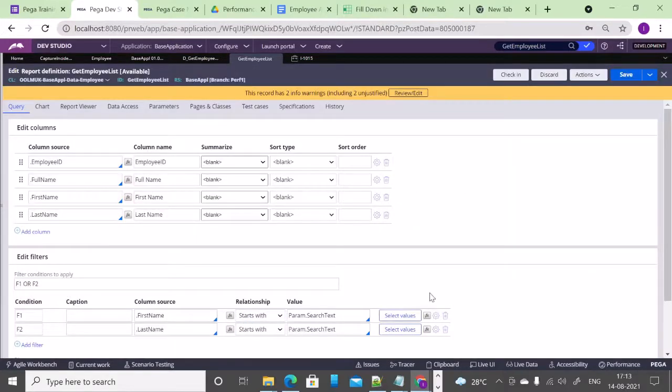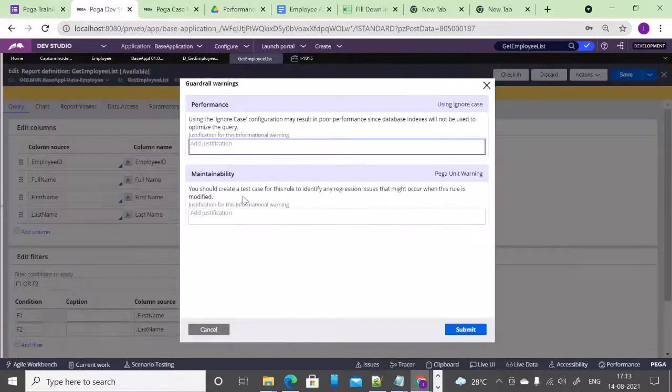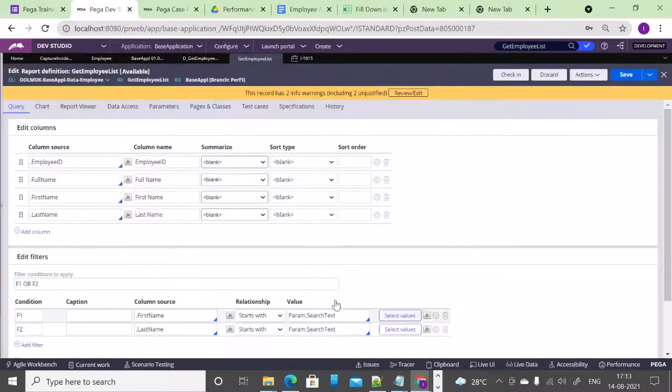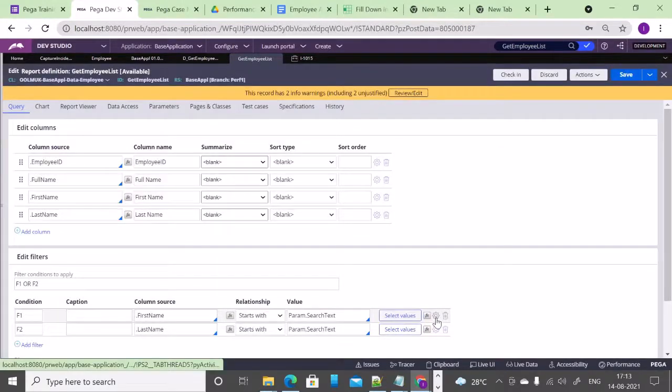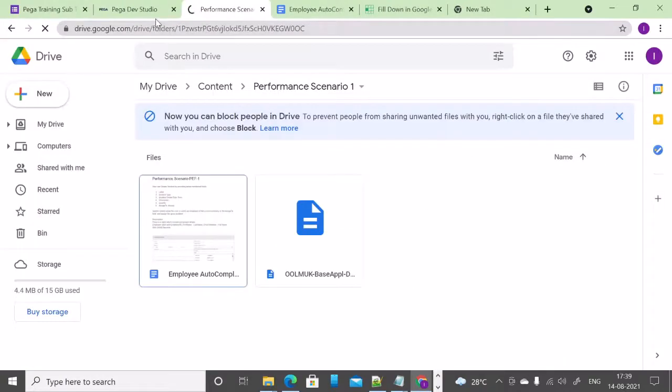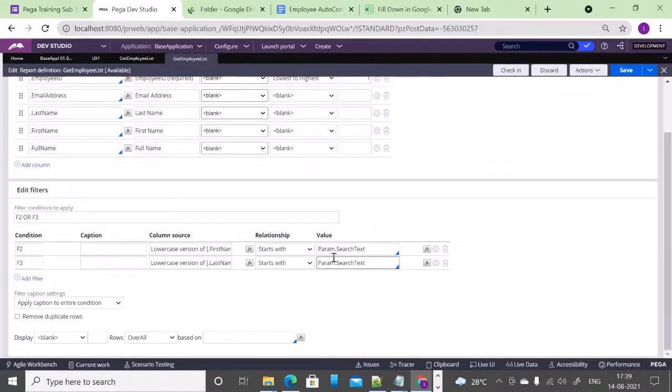That is because there is a reason. When you say ignore case, if you have created any database index for searching first name or last name, that will not get used, and that's the reason it throws the warning. So don't justify the warning saying that ignore case is a requirement. I have seen many developers justify it saying it's a requirement and hence they've used ignore case, but there is an alternative to do it. If ignore case is not the option, how should we implement this?